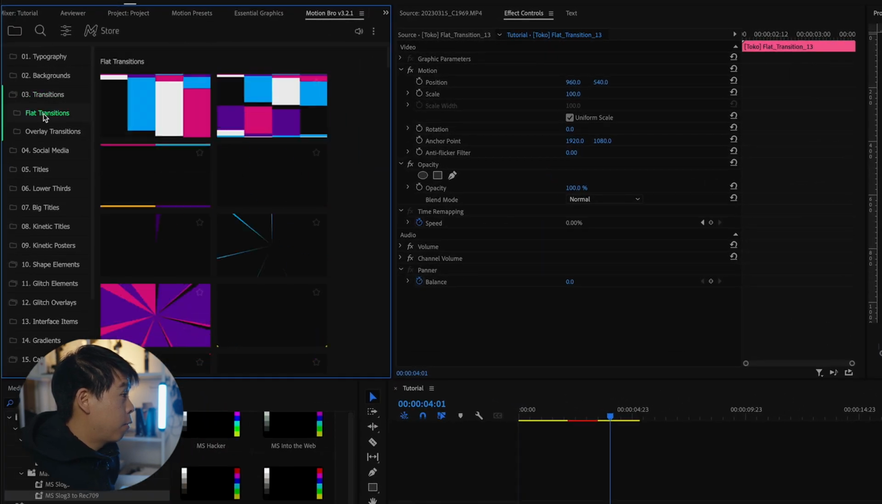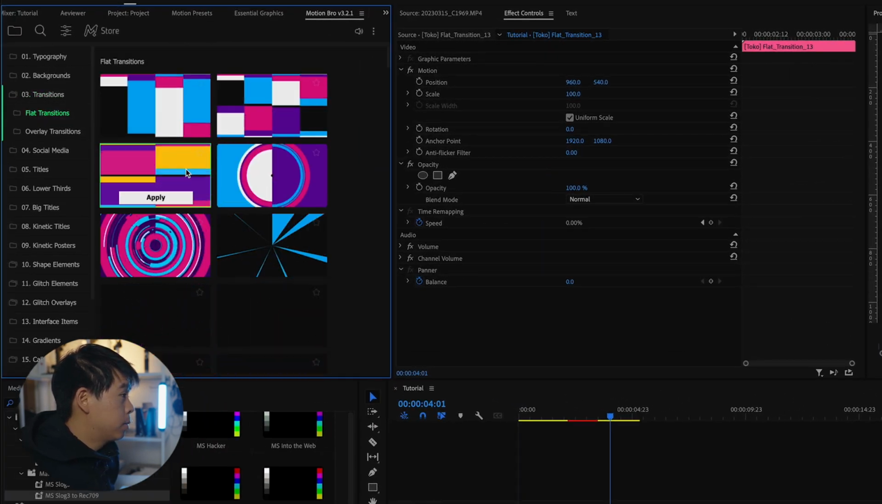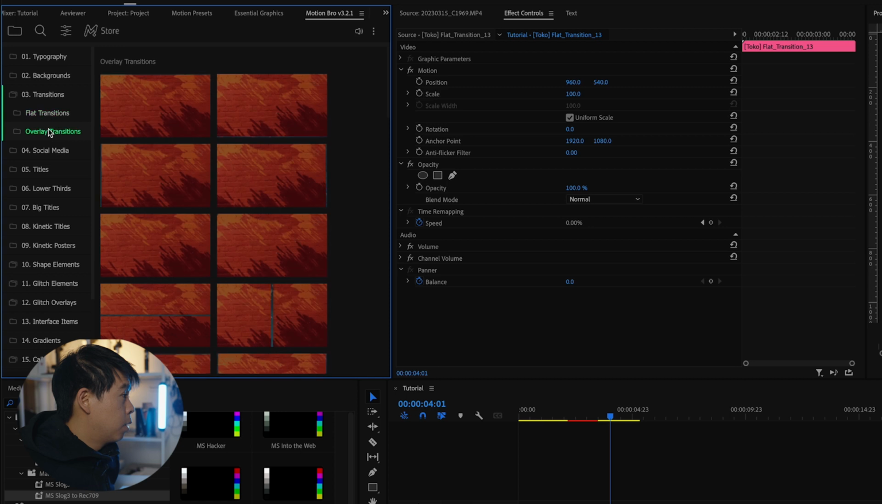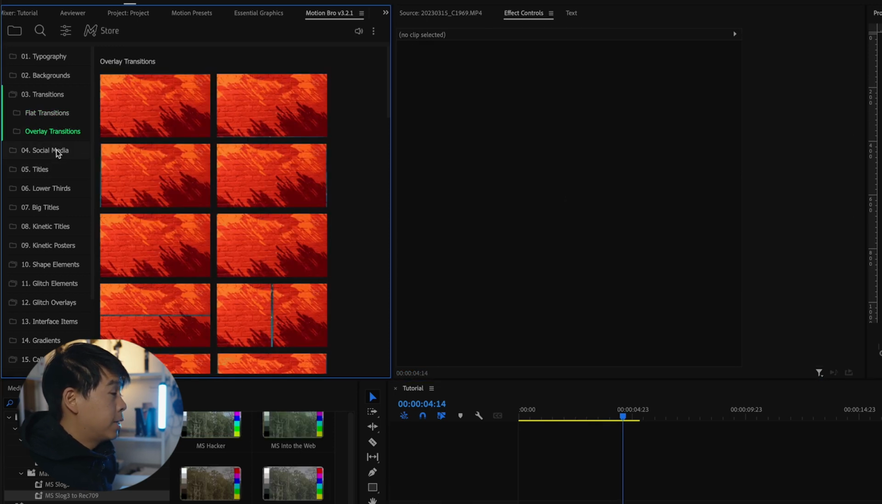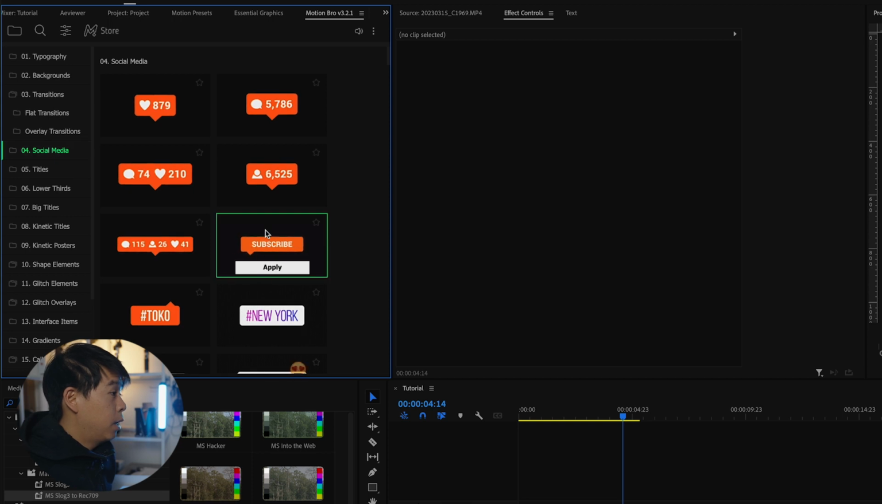You also have what they call flat transitions, overlay transitions. You also have a tab for social media,